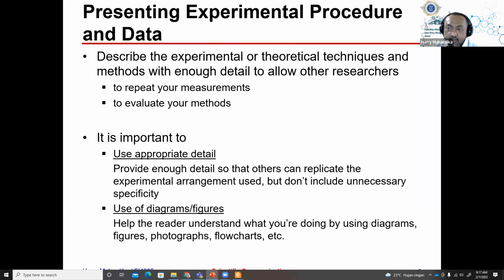Okay, the accurate and detailed description of the theoretical and experimental schematics in our paper is provided so that the reader will have enough detail to repeat our measurements and then evaluate our method. Because in terms of communication between researchers, in terms of their research findings,